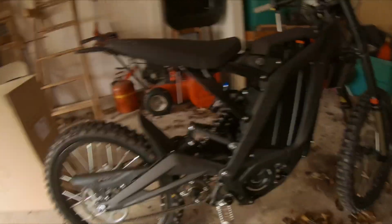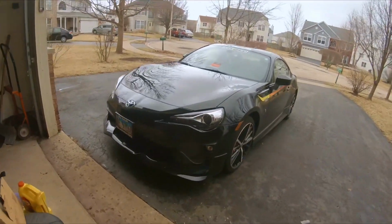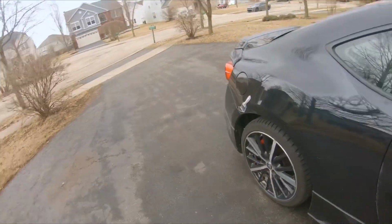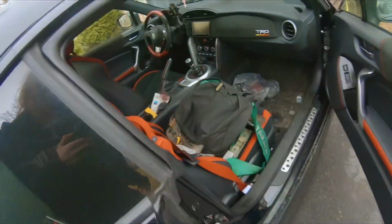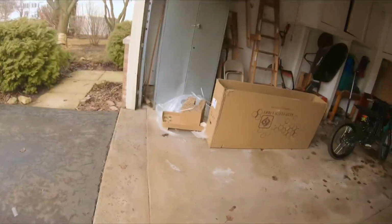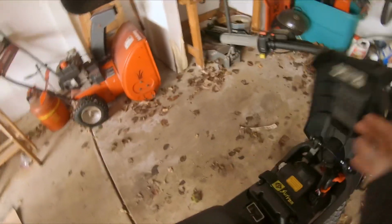Alright, so I did take it off-road a little bit, splash some mud, did a little peel in the garage. And then I also looked up the video on how to remove that speed sensor limiter thingy, whatever you want to call it. And you gotta cut the... wow, I'm tired. I should be really in bed right now, but all you gotta do is pop that off. Well, you don't even have to. I don't think. I'll just flip the limiter,